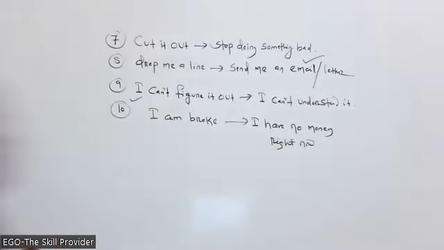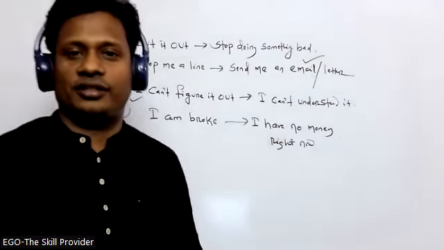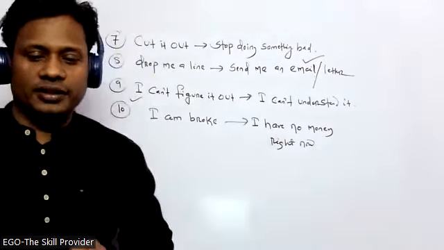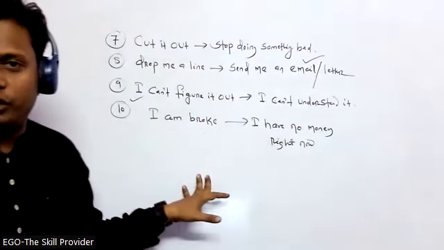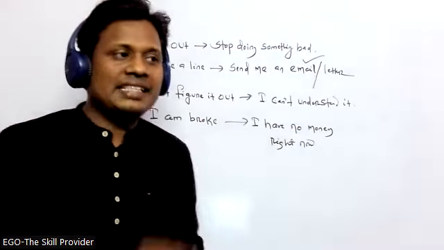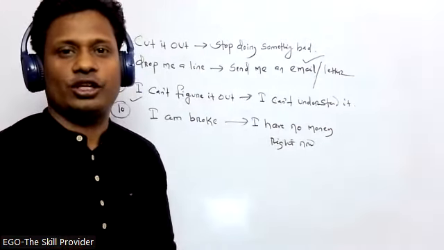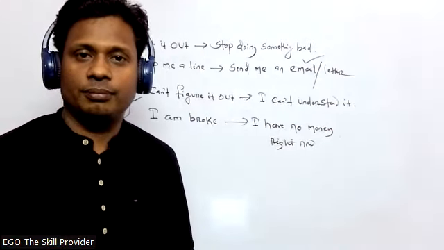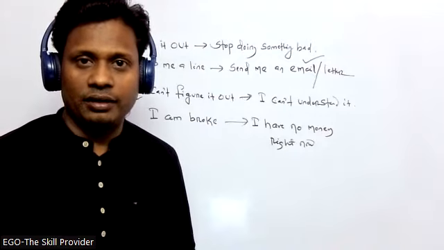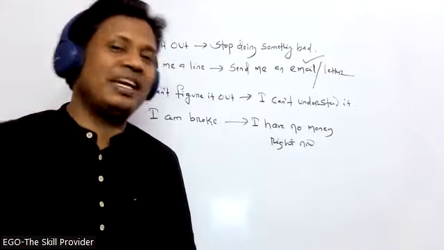Okay. So these are the things, how exactly you can use them whenever you're trying to speak English. This is called spoken English. Please send me a message. Please send me an email. That's called written English. Please drop me a line. Possible for you to drop me a line. So this is how exactly you can speak it up.